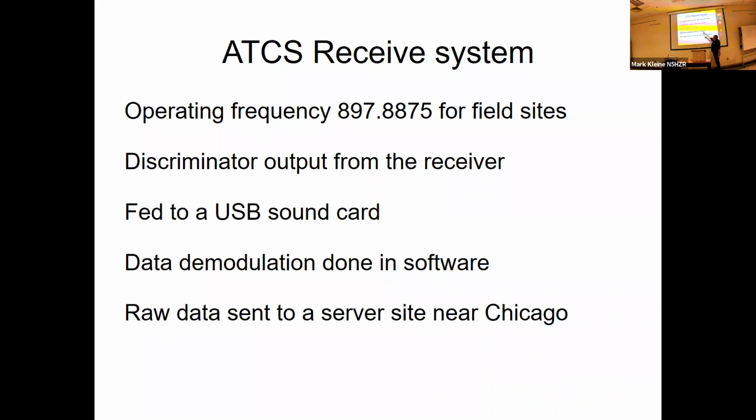So to receive this, the operating frequency is 897.8875, which is the field site frequency. Discriminator output from the receiver. You need discriminator output because you don't want any pre-emphasis, de-emphasis stuff to distort the digital waveform. Take a discriminator output from the receiver. That is fed to a